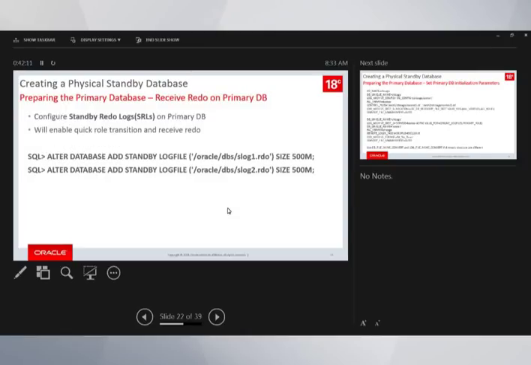So the next important thing that we need to do on the primary side is we also need to create something called standby redo logs. Well, these standby redo logs have no significance as long as the database is operating in primary role. However, if there is any role transition that is expected to happen, then we need the standby redo logs to be